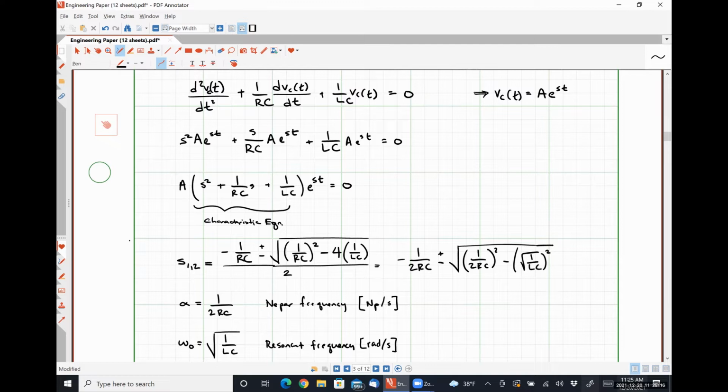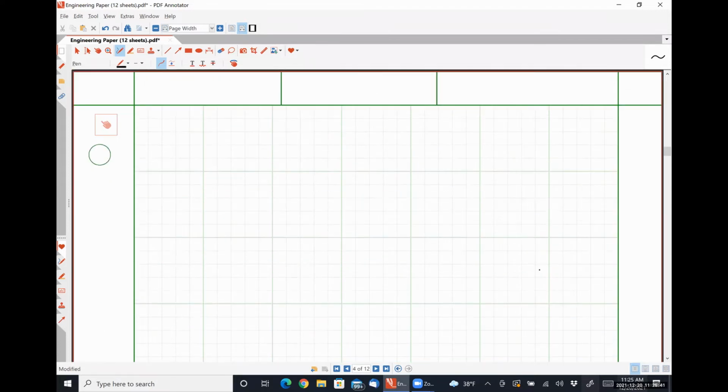So we have A e to the St. We would have A1 e to the S1 t plus A2 e to the S2 t. So effectively, superposition tells us that if we add the 2 results together, the total result also has to be a solution. Okay, so simply substituting S's back into our initial guess value, we get